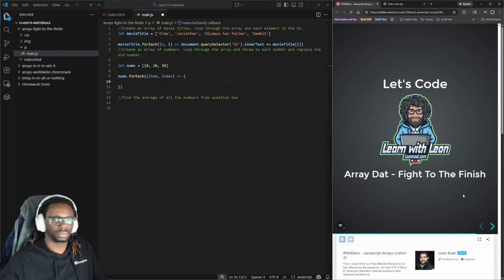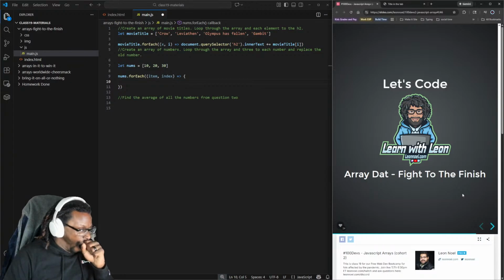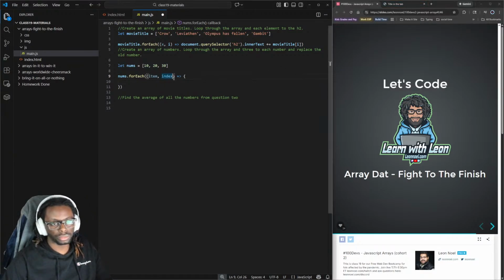Sometimes you'll see folks do something like this, where if they know they're not going to use it, they'll just do the underscore. Like if they know they're only going to use the index, they might do something like that. But let's keep it simple. Let's do item and i for index. Alrighty. Now we can go through,